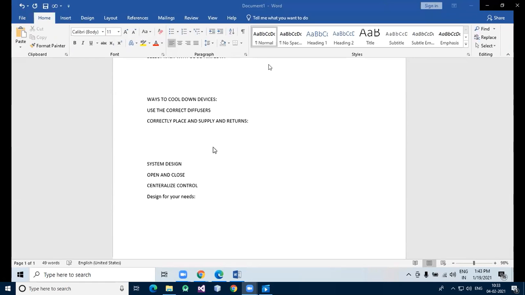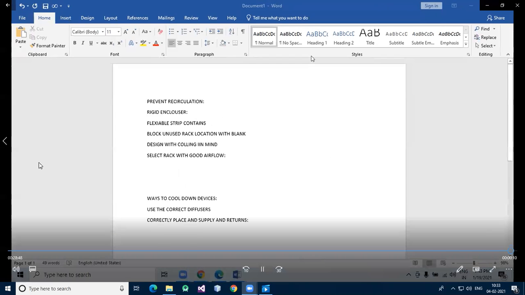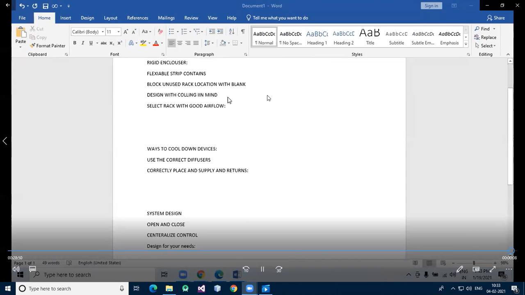So we are trying to reduce it. We are trying to reduce the waste in cooling down devices. We use the correct diffusers, system design, open and close, centralized control, design for your needs. Whatever you require, only that you have to design, not extra, not less. So this is all about cooling and power use.